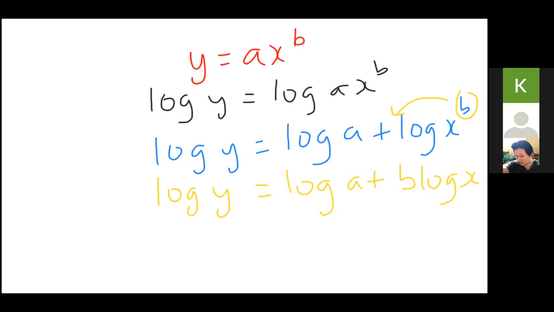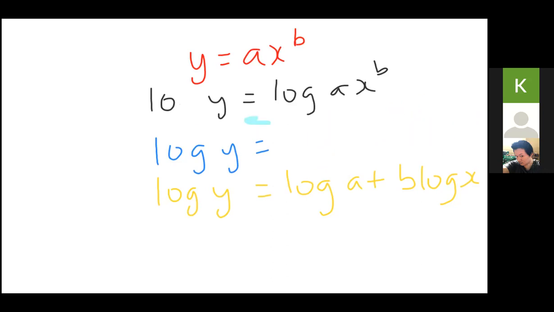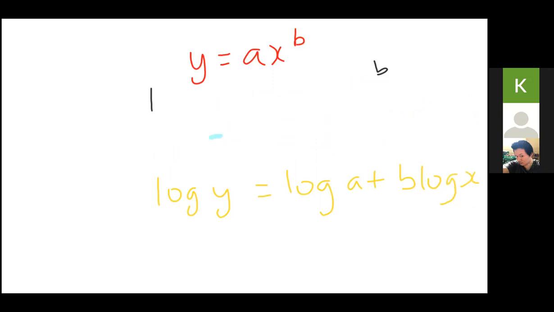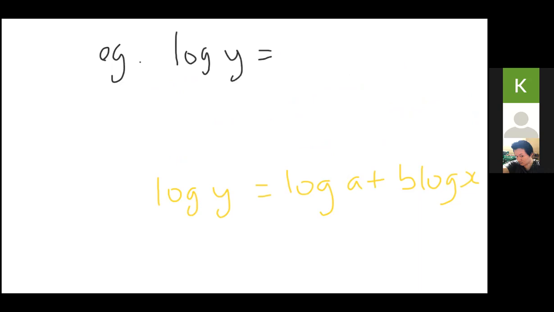So looking at what we have here, that's the linear form when we're given y is equal to ax to the power of b. If I give you this example, this equation, this is just an example. Log of y is equal to